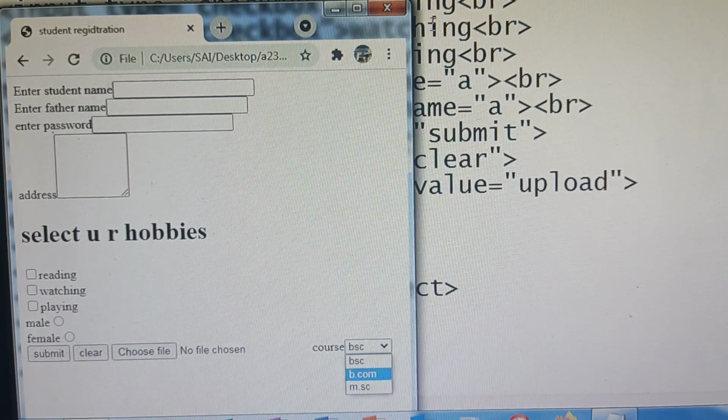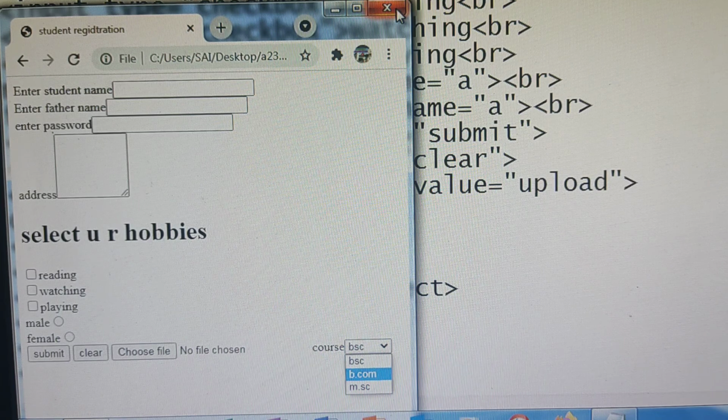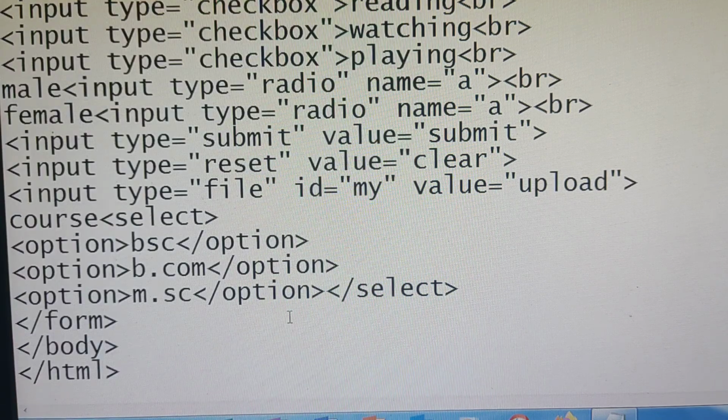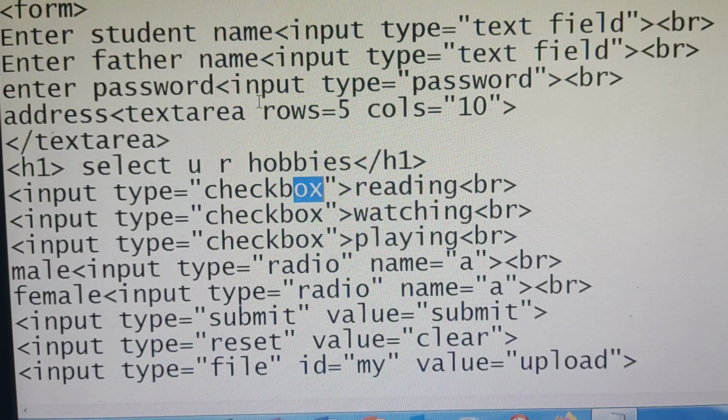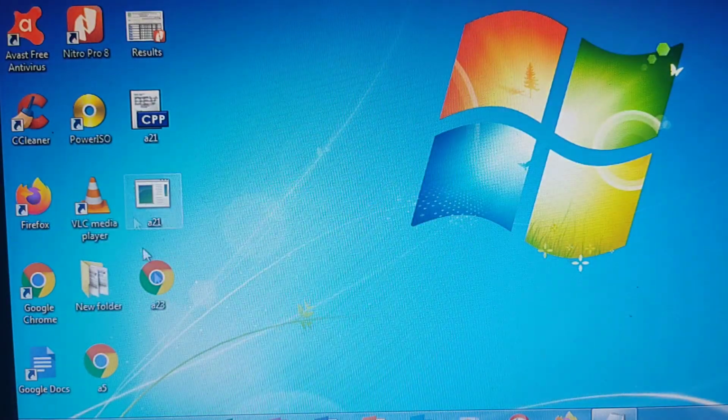So these are all form input controls. Depends on your requirement, you can give a text, you can give a password, you can give a checkbox, you can give radio buttons. So different types of inputs you can give. But what type of input you are supplying, that information should be given by using the type attribute. So this is a general student application form.